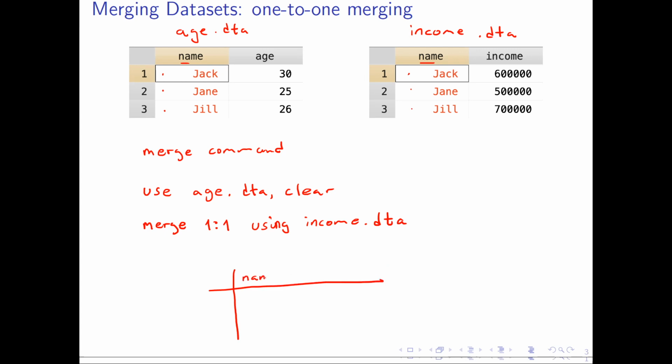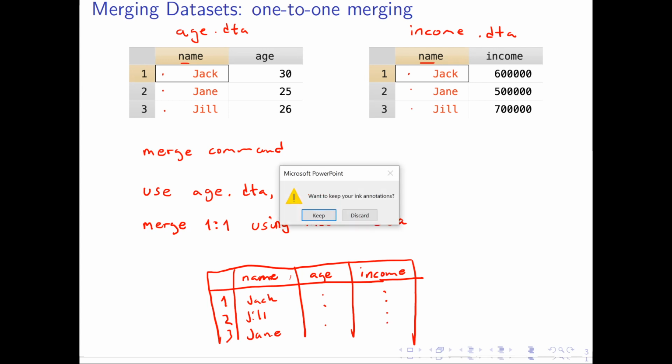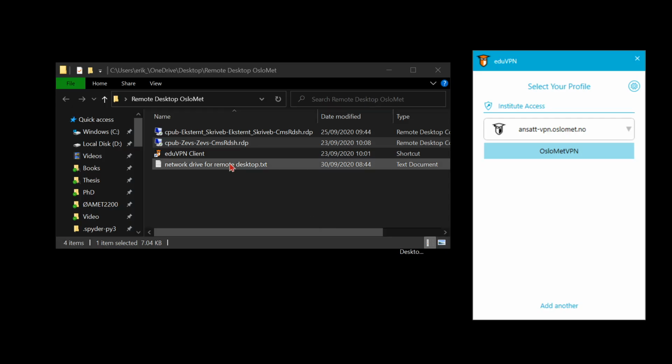where you have the variables here, the name, the age, and the income. Okay, so you get a data table, and this would be 1, 2, 3, and here you would have Jack, Jill, and Jane, with their ages and incomes. So what we could do is just to go to, let's see, we want to keep that one, and we